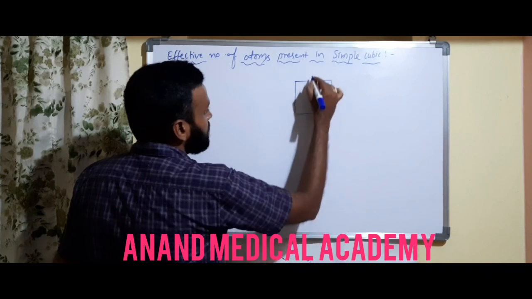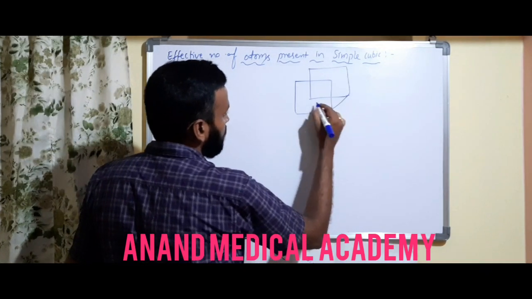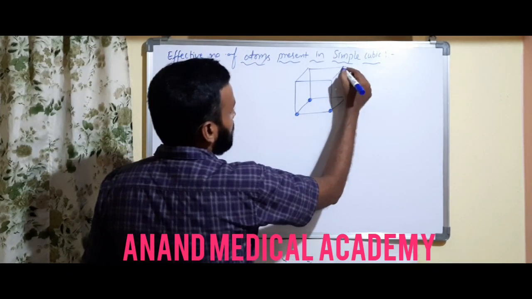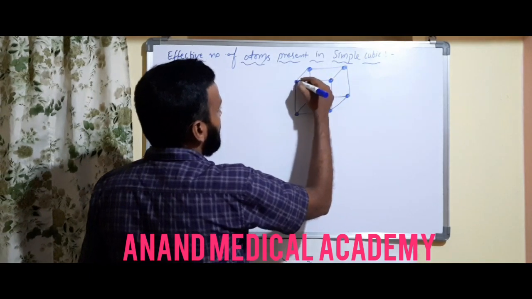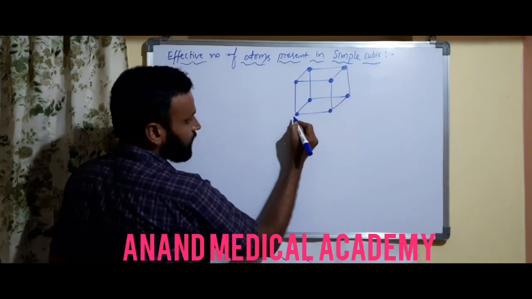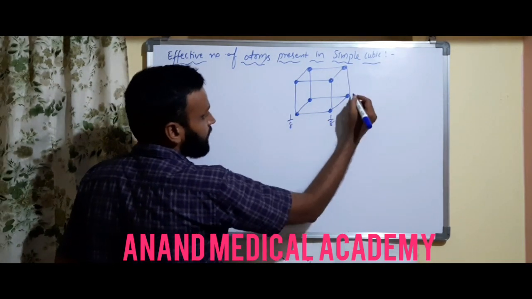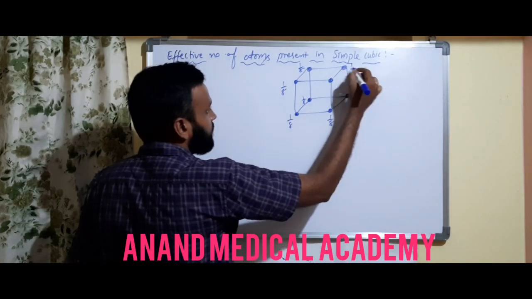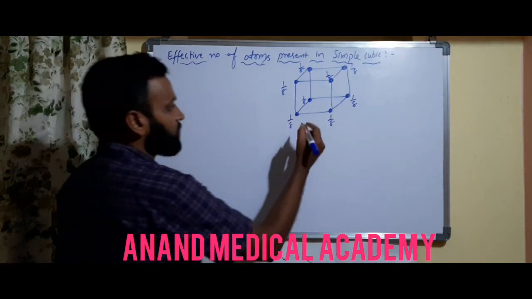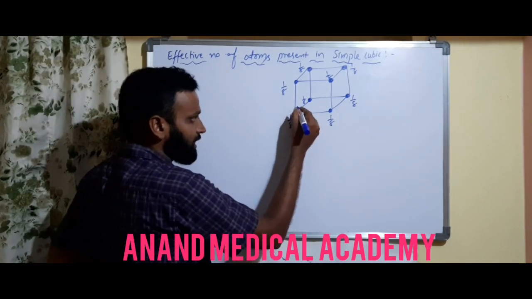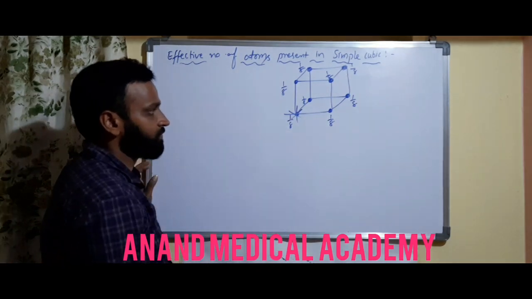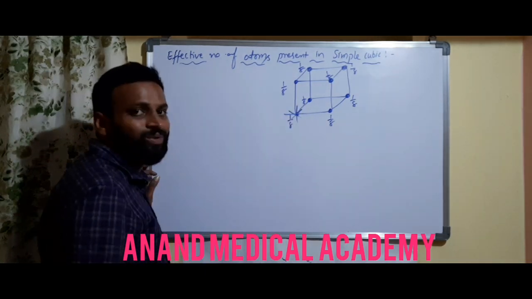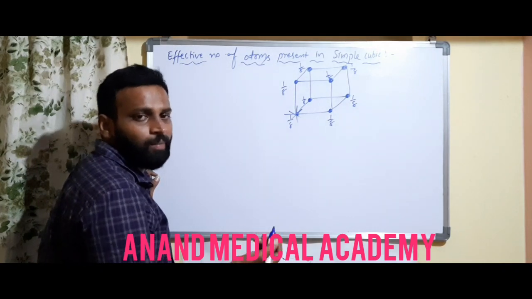Okay, so now simple cubic means what? Simple cubic you know already. So this is simple cubic. 1, 2, 3, 4, 5, 6, 7 and 8 corners you have. So this corner atom contribution I told you is 1 by 8, here 1 by 8, this one is 1 by 8, this is also 1 by 8, and this is also 1 by 8. Because this corner atom we have to divide into 8 parts like this. Okay, this corner atom is shared by 8 unit cells. So per unit cell the contribution is definitely 1 by 8.